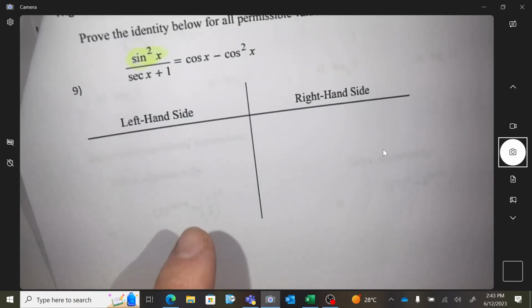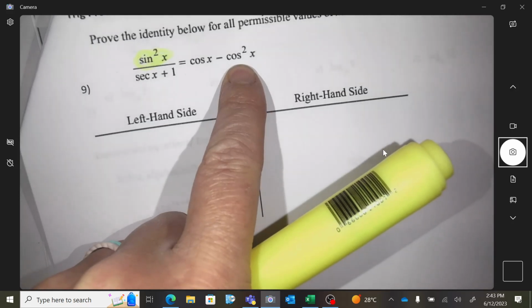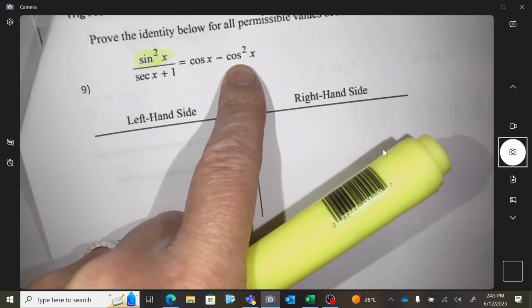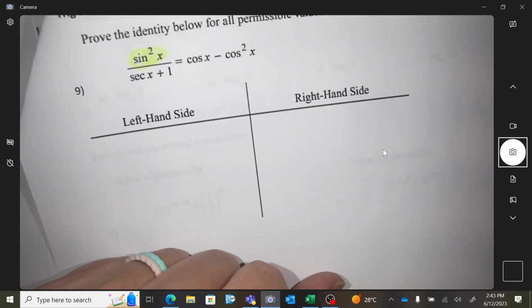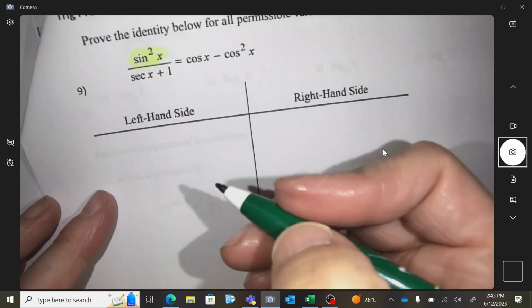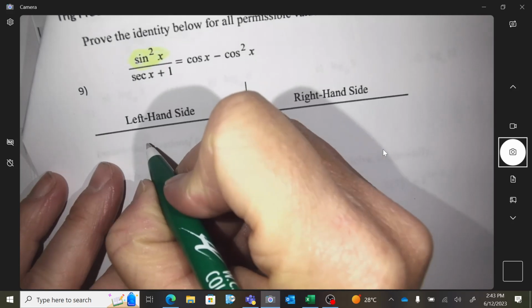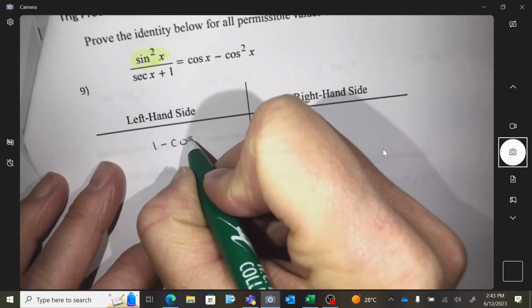Also, here's why. Look at everything else. Everything else deals with cos stuff. So why don't I change this to look like cos stuff? All right, so I get 1 minus cos